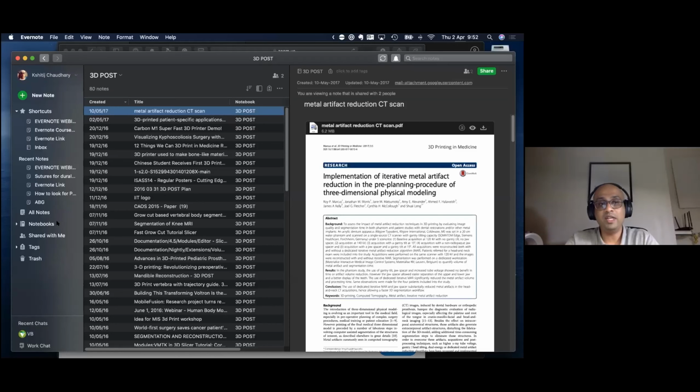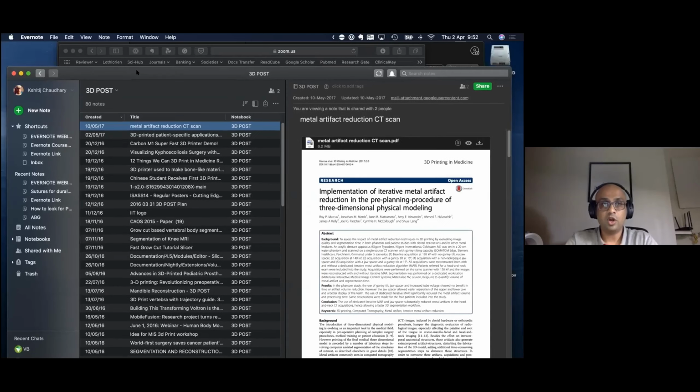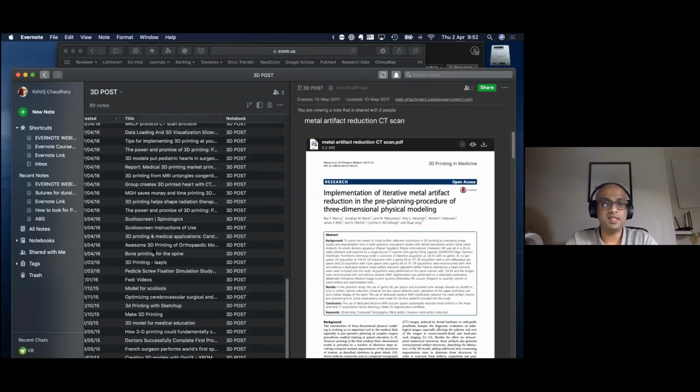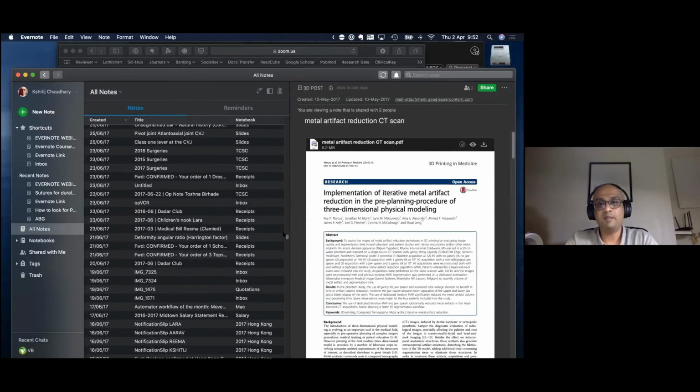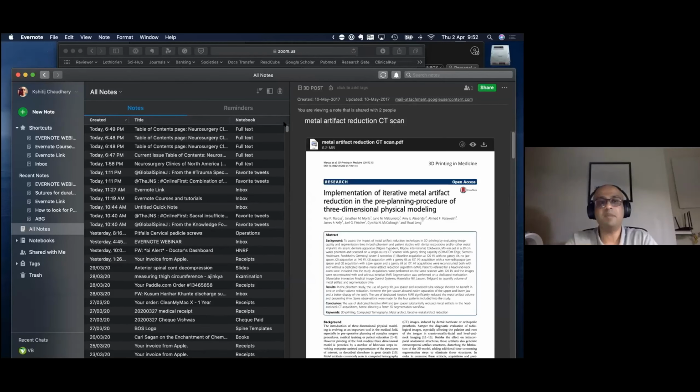But I don't keep any file or folder on my Mac where just these documents are lying about. I immediately file them in Evernote, because the beauty of Evernote is your ability to search. Now let's go to the search function. Your ability to search these 6,000 notes that I have, of something obscure that I have collected some time ago, is the power behind Evernote. And no other software does it so well as Evernote. So that's why this has been the leader for more than a decade in note-taking software.